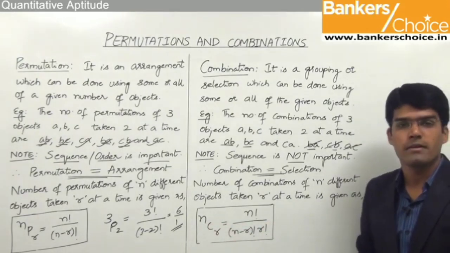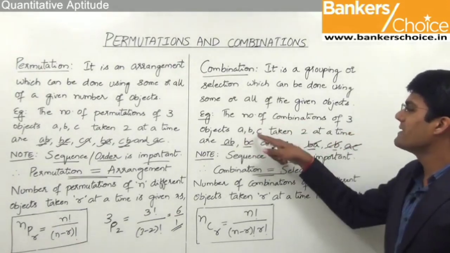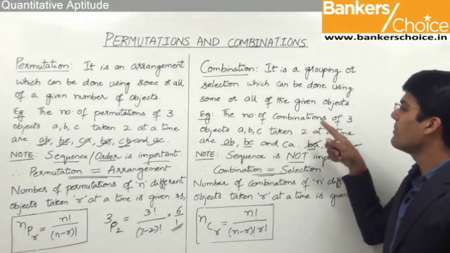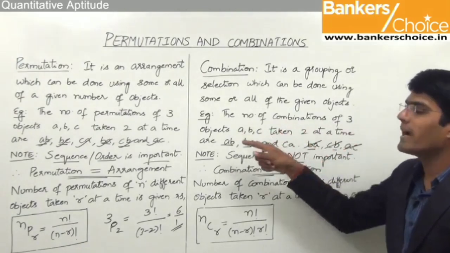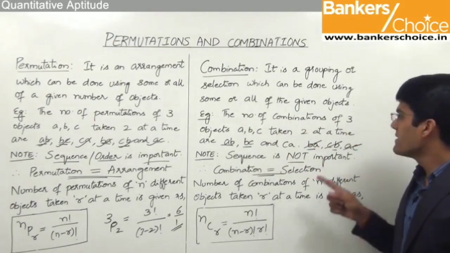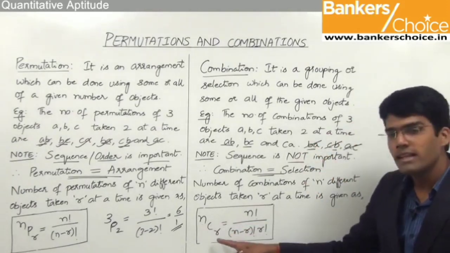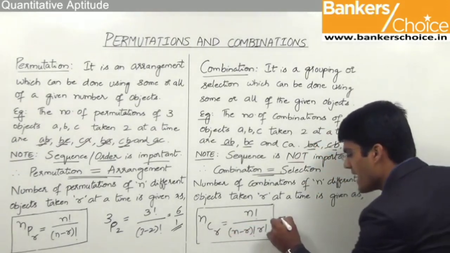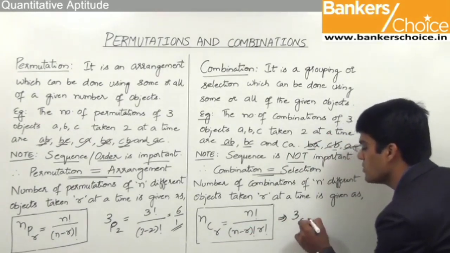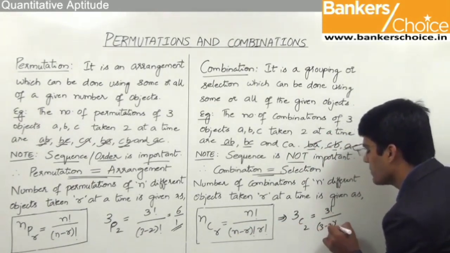Now as you can see here, we have total 3 objects A, B and C, and we need to find out the number of combinations of 3 objects taken 2 at a time. So let's see how to get the answer with the help of the formula. Now as you can see, total is 3 and we are taking 2 at a time. So n is equal to 3 and r is equal to 2. So we can say that the answer here should be 3C2, that is 3 factorial by 3 minus 2 factorial